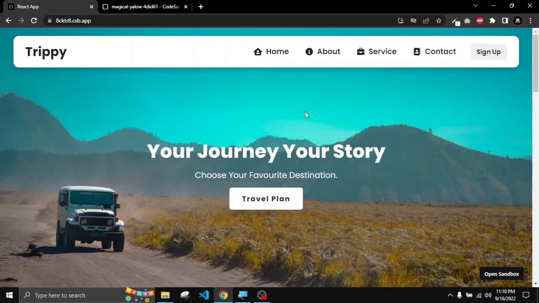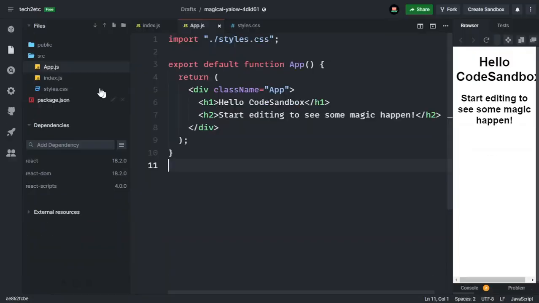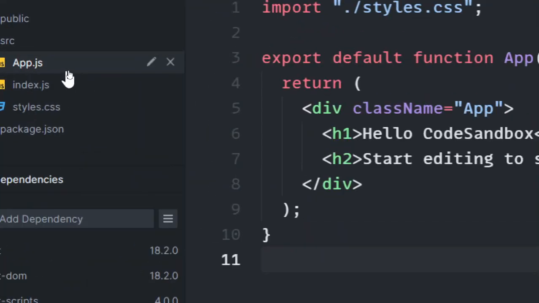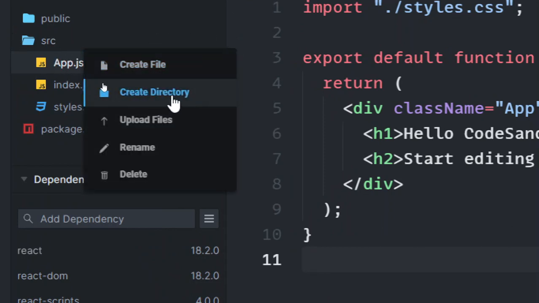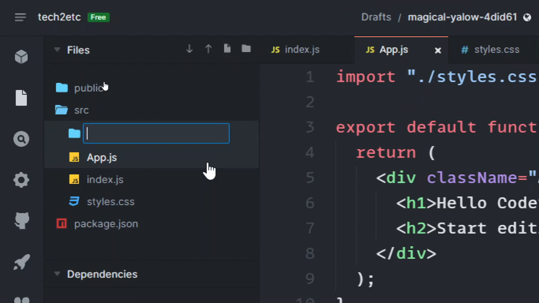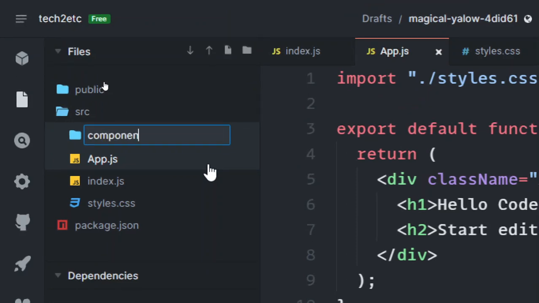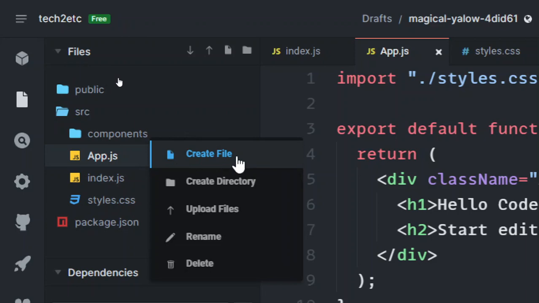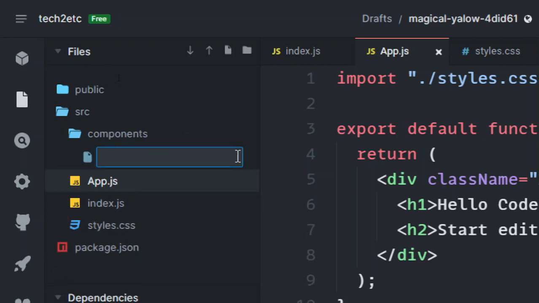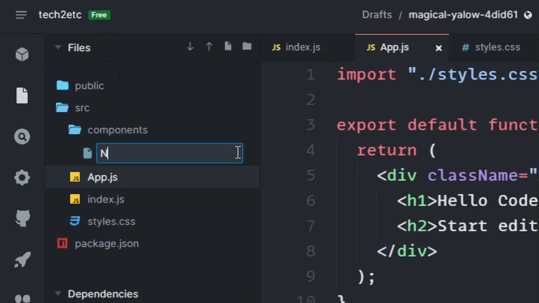And this is the fun fact of using React. We can use components almost everywhere inside our website. Okay, so for creating our Navbar, we have to create a component. Now what I will do is I will go inside my source folder, and here I will create a new directory, and the directory name will be components. That's it. And inside my components folder I will create our first component, so I will click create file, and here I will create our Navbar component, so it will be